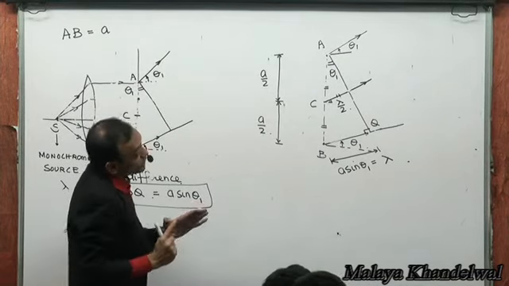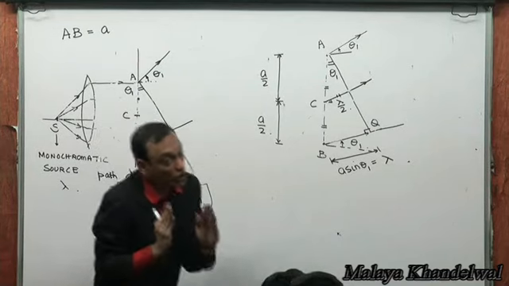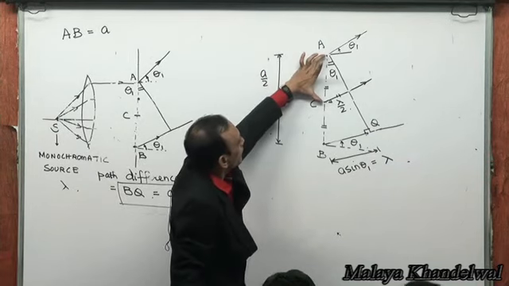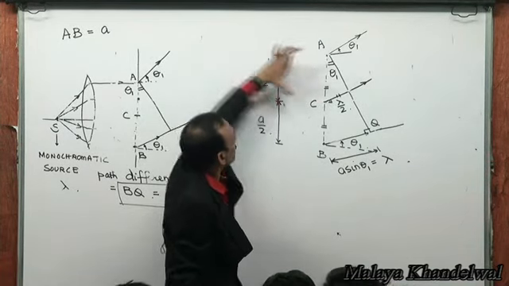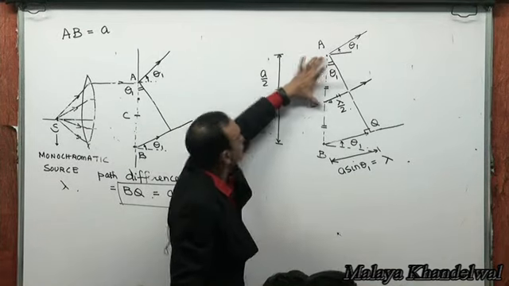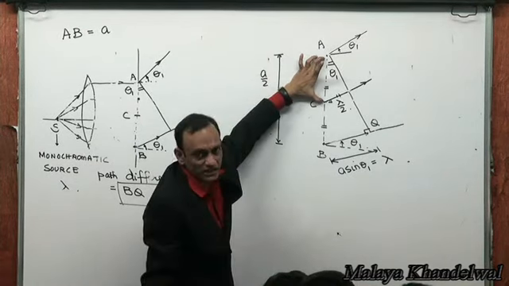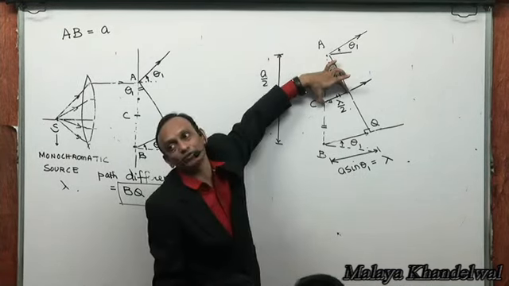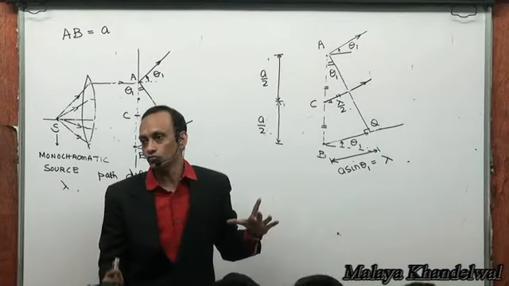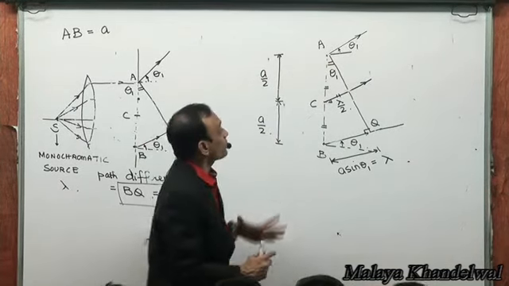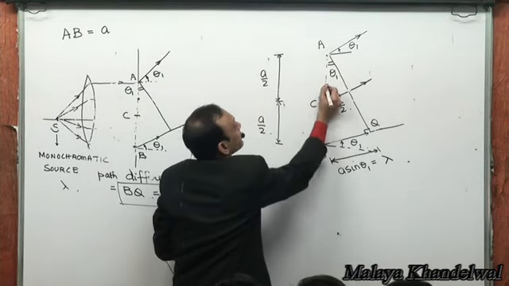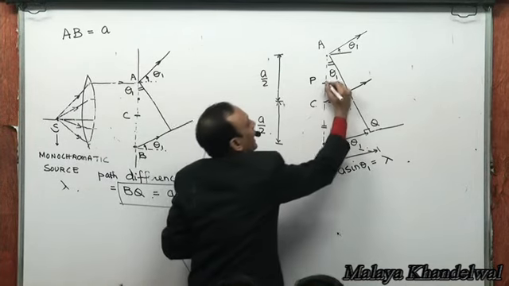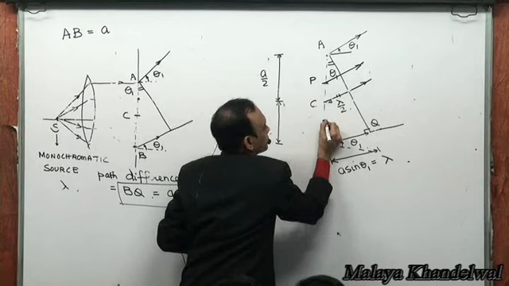Now, which clearly means that for such a theta 1, a vertical separation along the aperture by an amount a by 2 results in a path difference lambda by 2. Yes or no? Which means between A and B, if I again select some point P here between A and C, and a point Q here between B and C,